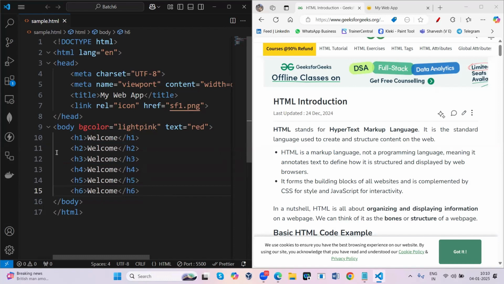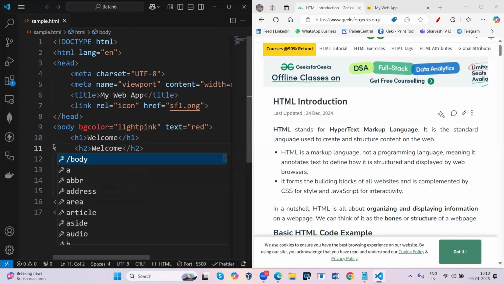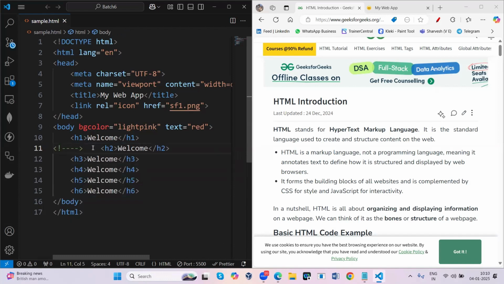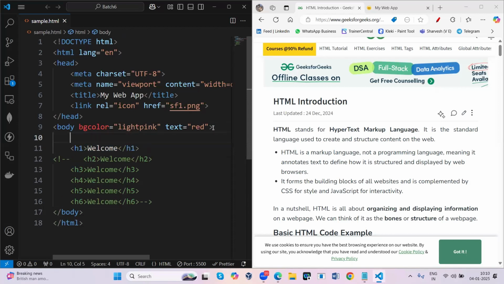To represent a comment, use a less than symbol, exclamation mark, hyphen, hyphen, and close with hyphen, hyphen, arrow mark. See here, like this. So this is what a comment is. You can comment your code, and not only hide the code, you can also write information about the document like this.